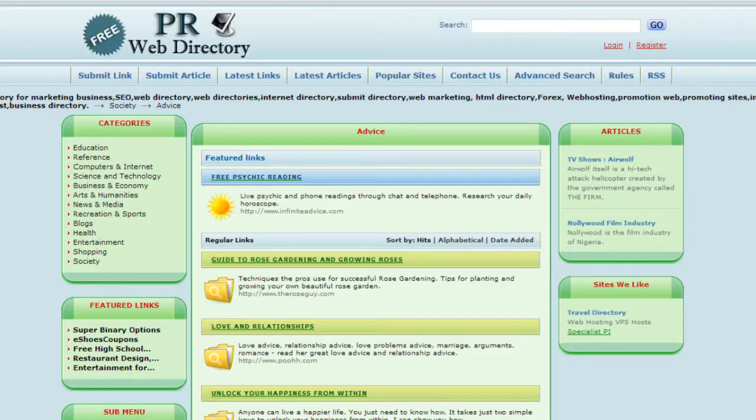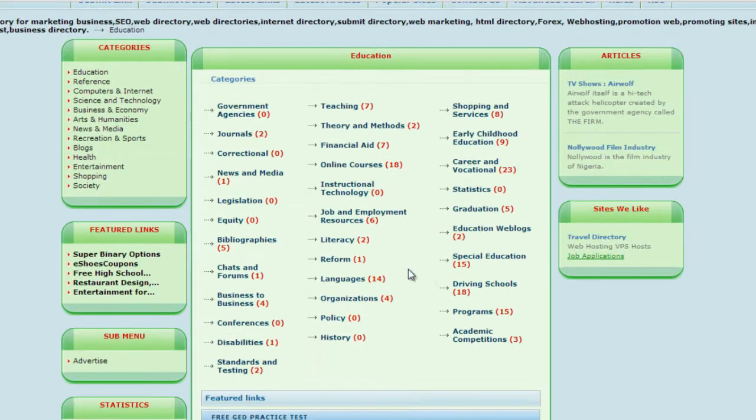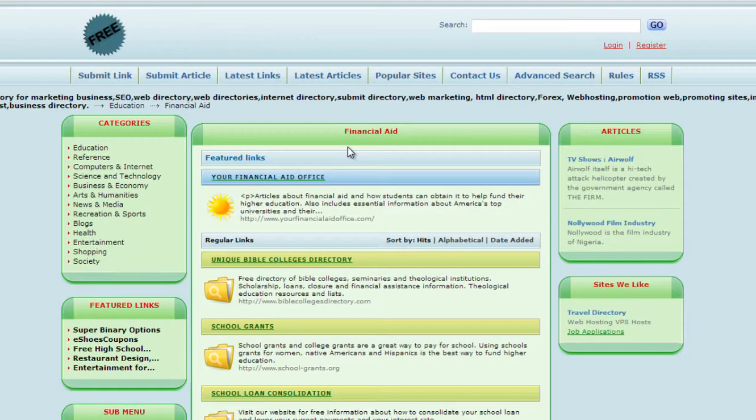Alright, so this is our first example and it's a standard web directory. If you're not familiar with what a web directory is, let me explain it for you real quick. Essentially, a web directory is just a directory of various sites on the web. I know that sounds pretty simple, but basically how it works is they have these various categories over here, and inside those they have subcategories. So if I were to click education, then I'll be brought to these categories here. And then if I click one of these, say financial aid, then I'm brought to websites about financial aid for